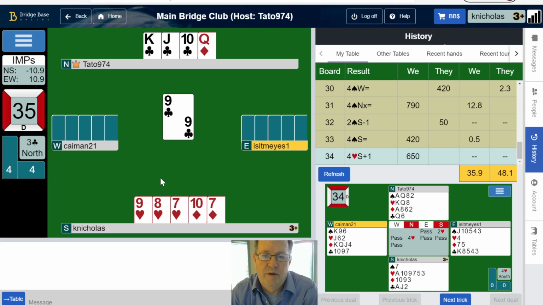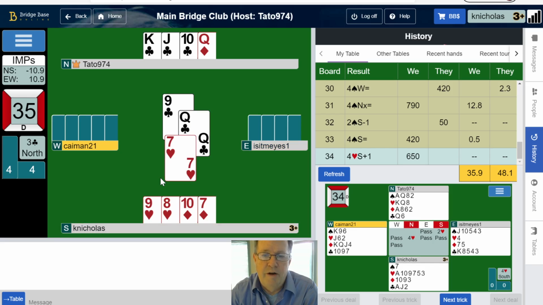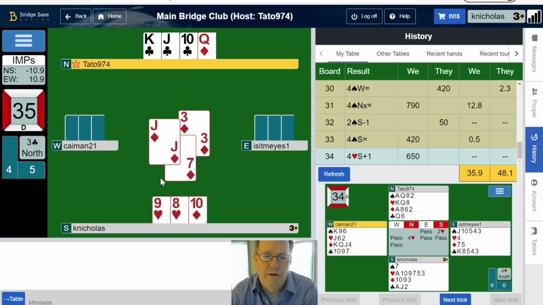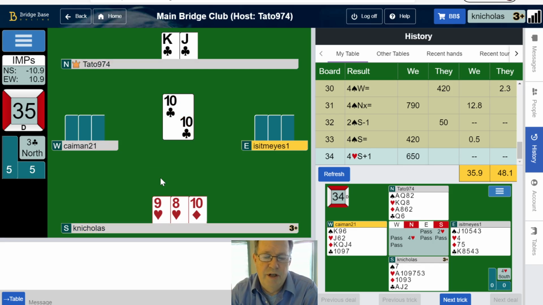All right, we are going down. 4, 5, 6 clubs have been played. We are going down 2. And that's it. I think we'll be down to lose to the ace, and the remaining clubs are good. So,